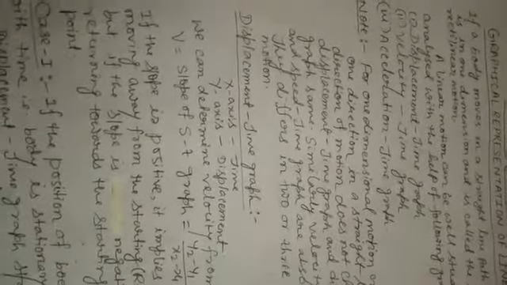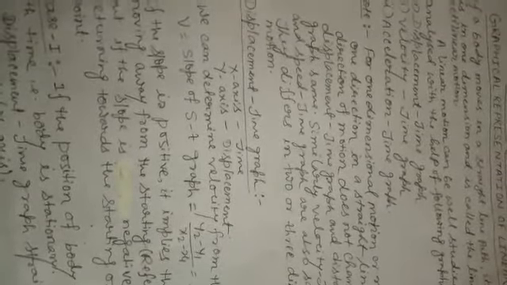Today I am going to start exercise 2B of your physics book. The name of the exercise is graphical representation of linear motion. If a body moves in a straight line path, its motion is in one dimension and is called linear or rectilinear motion. A linear motion can be well studied and analyzed with the help of the following graphs. First, displacement time graph; second, velocity time graph; third, acceleration time graph.